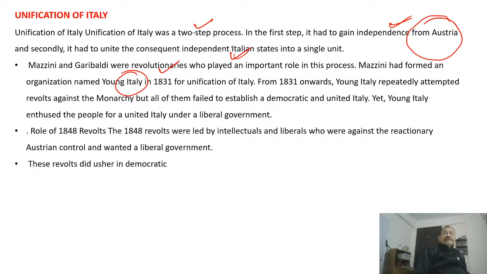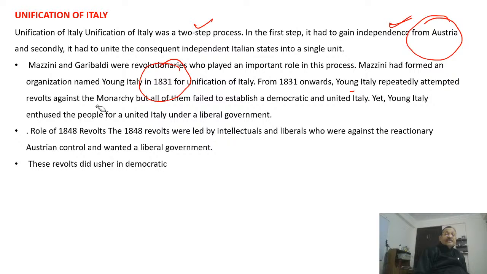Another significant thing is that during 1831, for the unification of Italy, you should pay careful attention to this. What is that? What was the name of Mazzini's organization? Young Italy. It was established in 1831. The unification of Italy. From 1831 onward, Young Italy repeatedly attempted